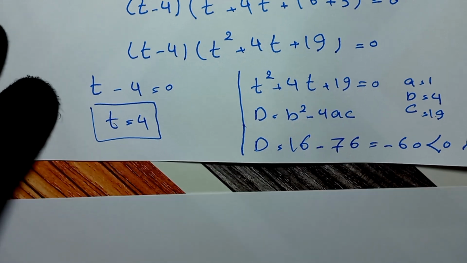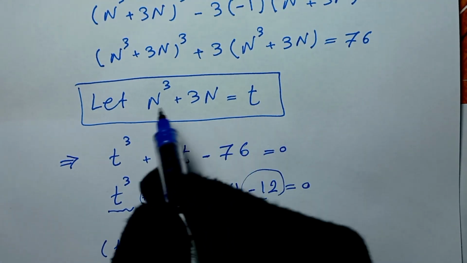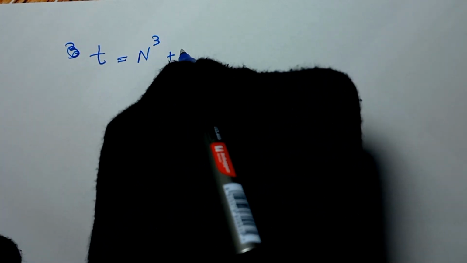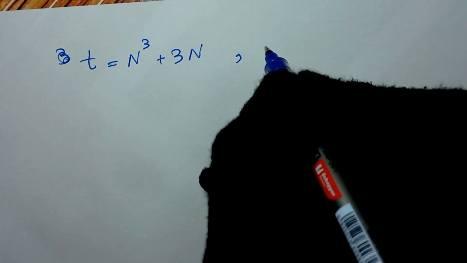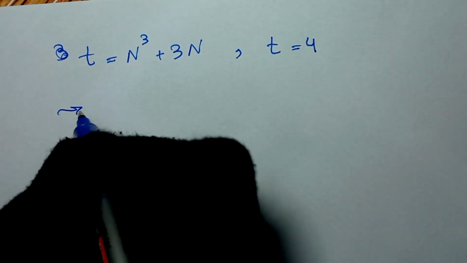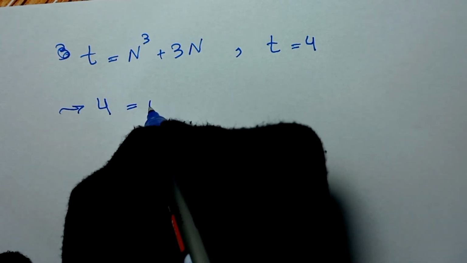And next step, we recall this t is equal to n cubed plus 3n. So in here we write t is equal to n cubed plus 3n. And from here t is equal to 4. And we can write 4, t is equal to 4, and 4 is equal to n cubed